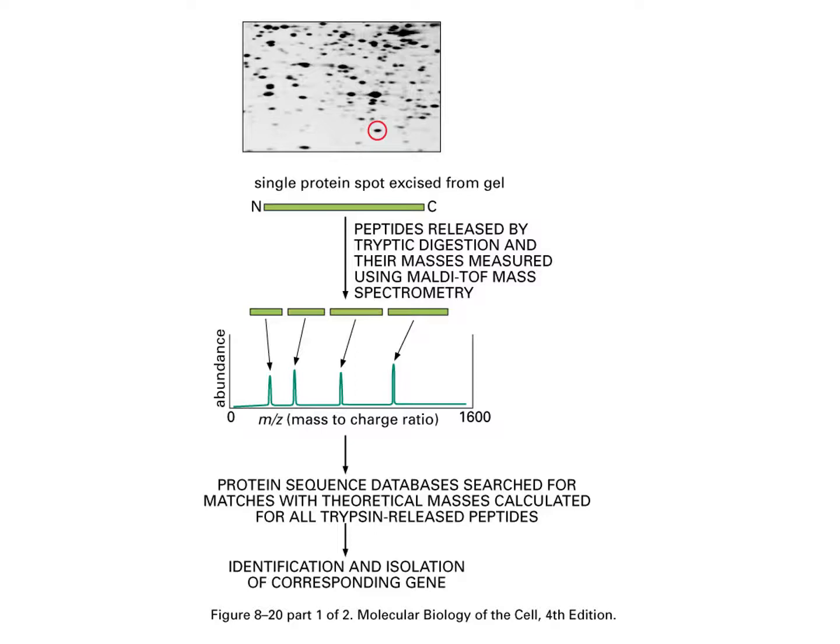So now we compare this profile to what would be predicted. And so a theoretical mass is calculated for all trypsin released peptides. And now we can figure out what exactly this spot is, just compared using the time of flight, or it's probably the best, MALDI time of flight